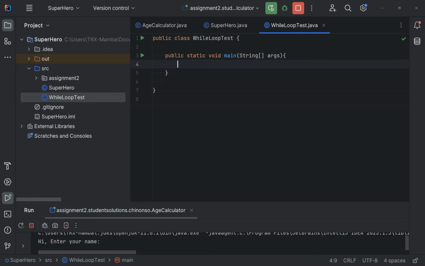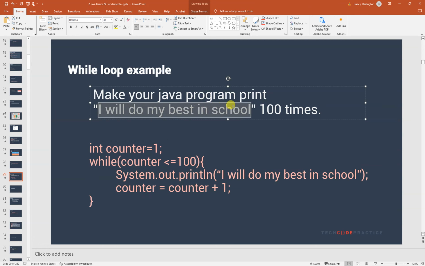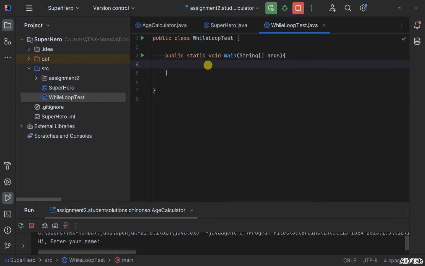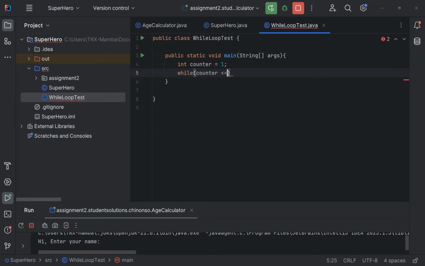Many of us already know this. So now let's practice our do while loop. Remember, I'm punishing the computer. I'm telling the computer you have to print. What are you going to print again? I will do my best in school 100 times. So let's do that. First of all, we're going to create an integer variable called counter, and we say it starts from 1, and then we say while, now a boolean comes in here, so as long as counter is less than or equal to 100,